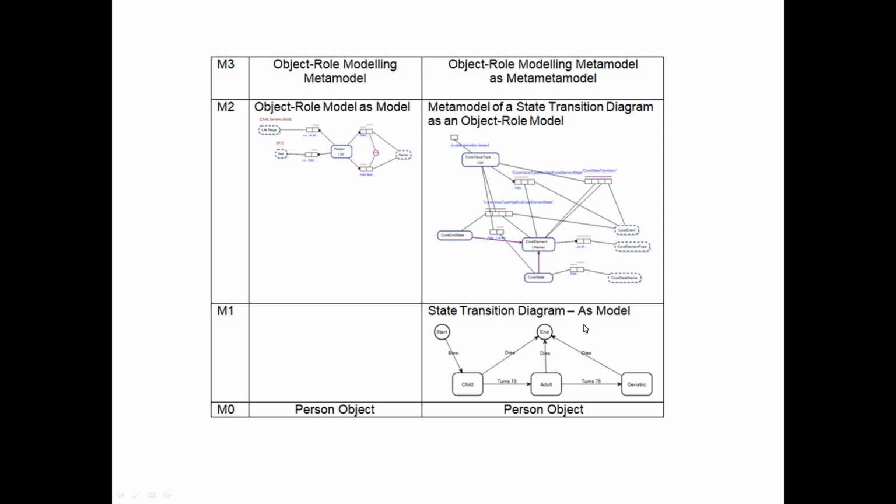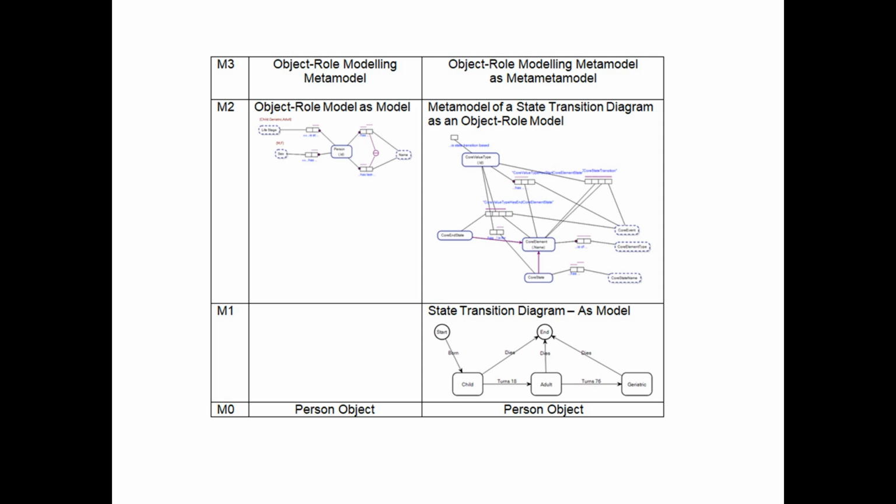But if we were, say, talking about a state transition diagram here in the lower right hand side, you can store your data for this model within a meta model as an object role model, which can be stored at the highest level as an object role model, this object role model with data, treating the M3 layer,